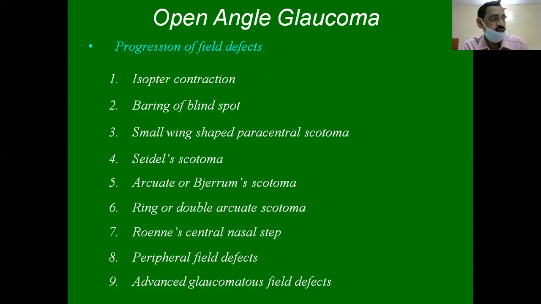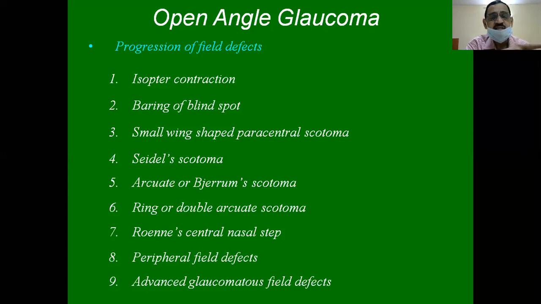So for assessing the visual field, we have different methods. One is the confrontation technique. Suppose we don't have a Humphrey visual field or any visual field analyzer, so in the examination at the bedside, you can as well do a confrontation test. How we do it, when you come to the clinicals, we'll try to demonstrate. And secondly, we have static perimetry, and we commonly use the Humphrey visual field analyzer.